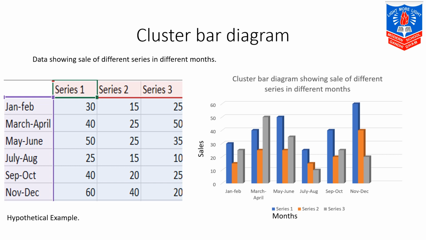X-axis over here represents the months, whereas y-axis represents the sale of different series. And then comparison between the different months, January, February with March and April. You can even compare, for example, by making the total of every series of Jan-Feb months with March and April months. For example, I'll make the total over here.